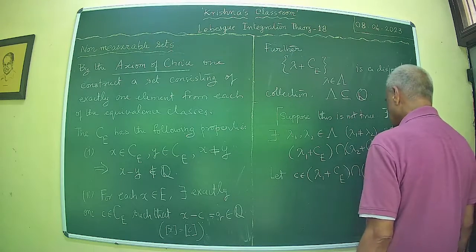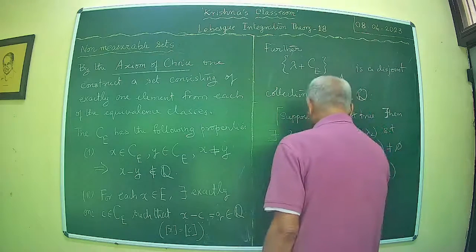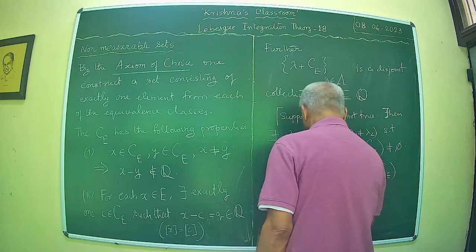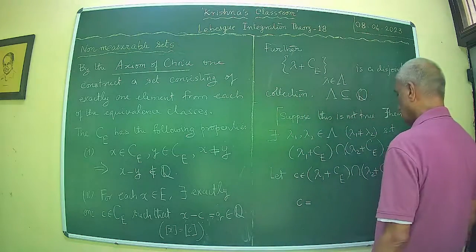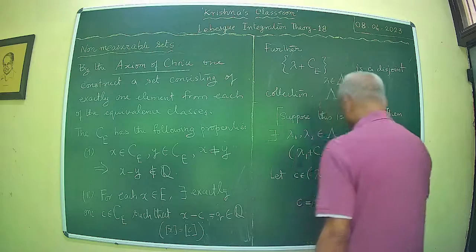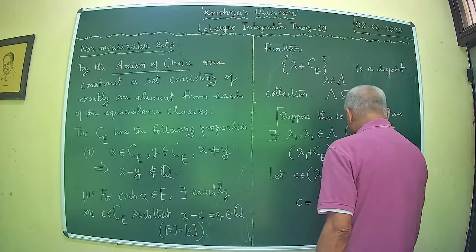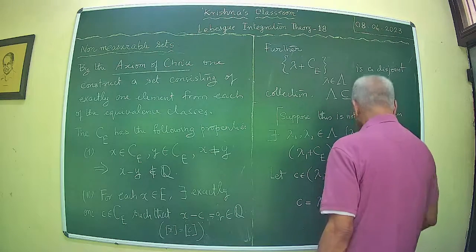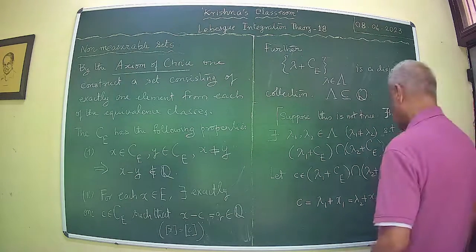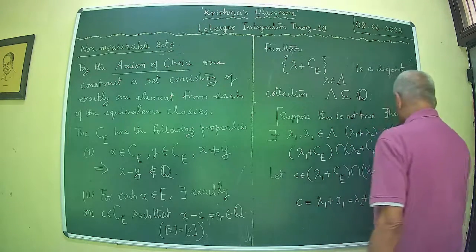That means c is equal to x1 plus lambda 1, which is also equal to x2 plus lambda 2. Okay, right? What would this mean? Where of course lambda 1